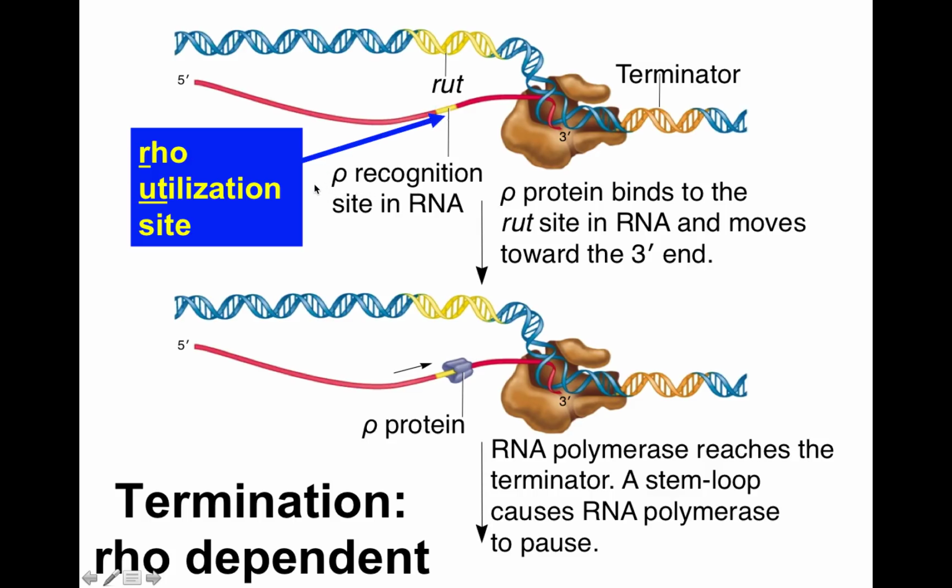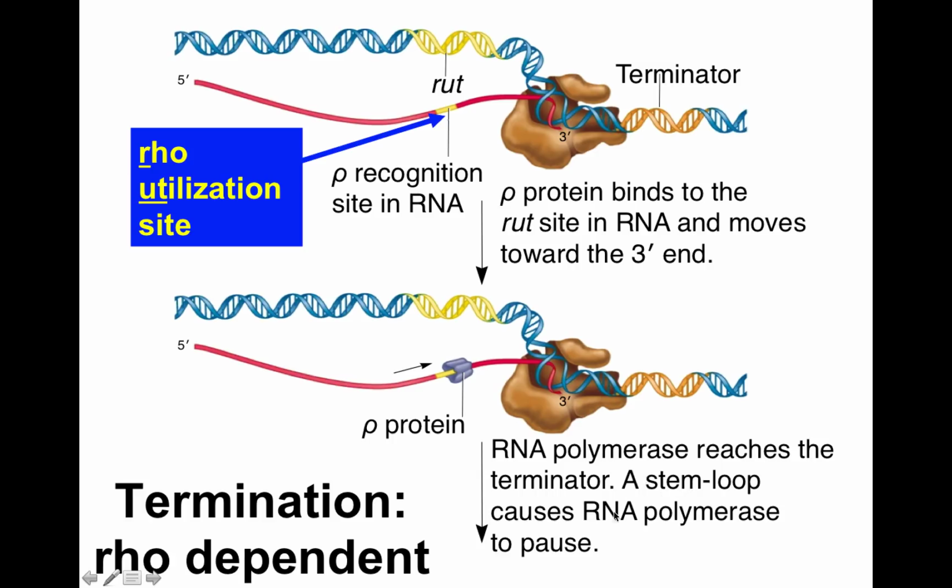This is the rho recognition site in RNA. The rho protein recognizes this RNA. It doesn't bind to the DNA. It only binds to the RNA after it's been transcribed. So the rho protein binds to the RUT site in RNA right here, and it travels then along the RNA towards the 3' end. Here's our rho protein. It looks a little like helicase. It's a multi-subunit protein. It surrounds the strand of RNA, travels along the RNA, and when it hits RNA polymerase,